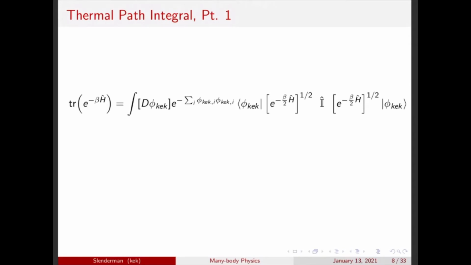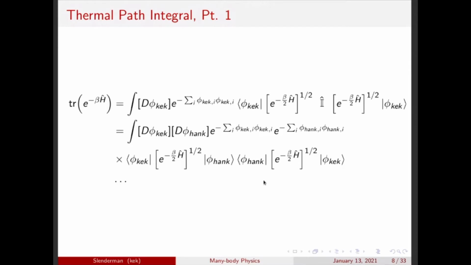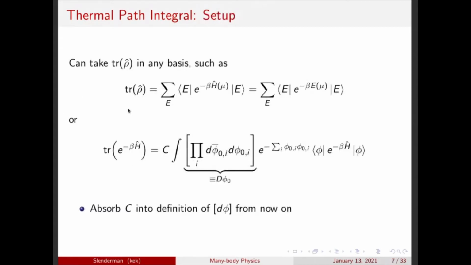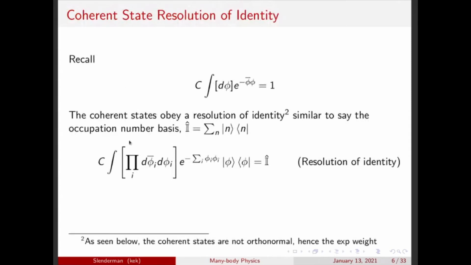Now, going on, for this identity operator, I can introduce another resolution of identity. So instead of just d phi kek, I'm now going to introduce another one of these coherent state resolutions of identity with a different variable